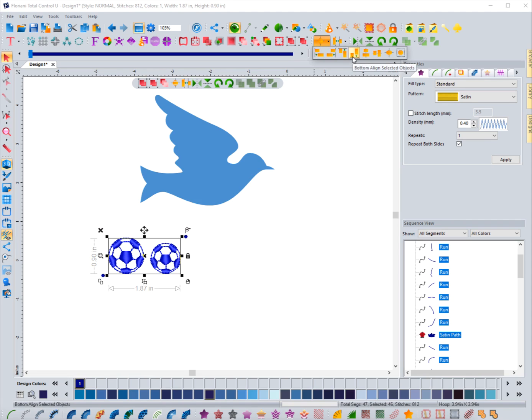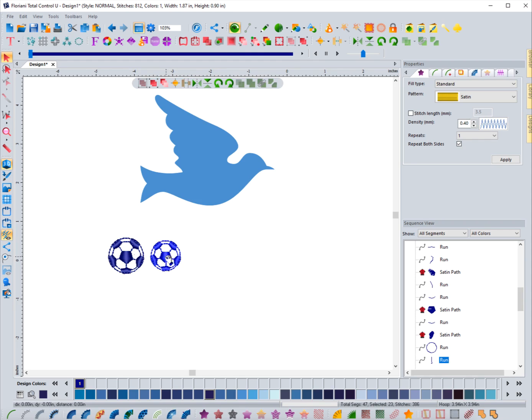If I want to vertically center these, I can click this, and now the centers of these two are identical. So it's now centered here. Now let's take a look at the other ones. If I have them more in a vertical position,